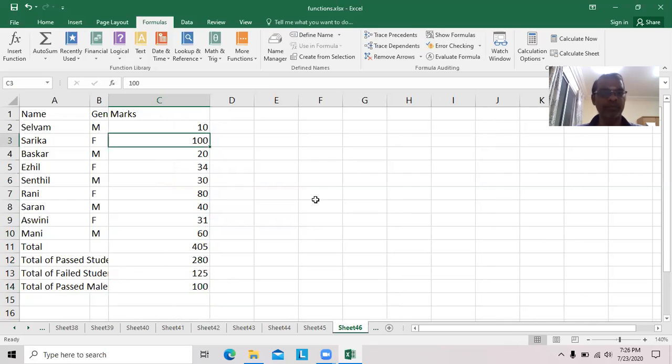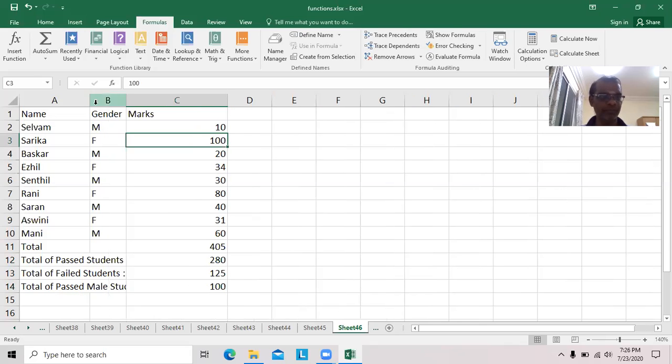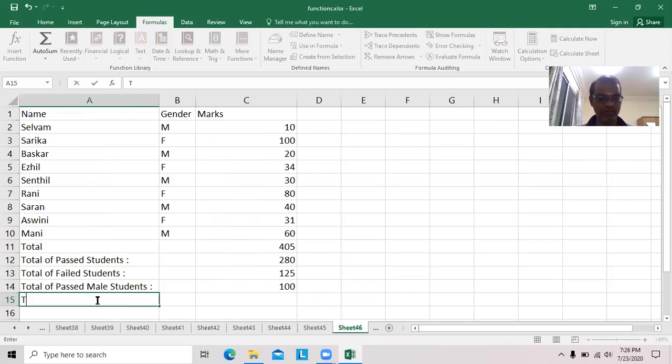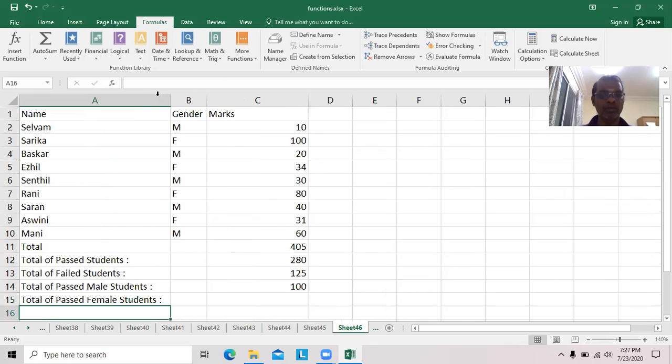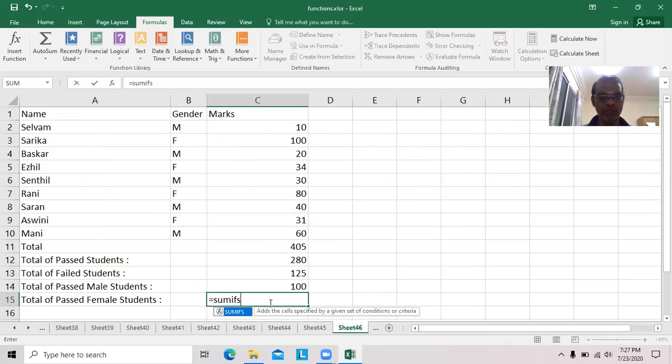Similarly, we can go for the total of passed female students. Here, equal to SUMIFS, since we also have two conditions: the mark should be greater than or equal to 35, and in addition the gender should be F. First the sum range C2 colon C10, comma.